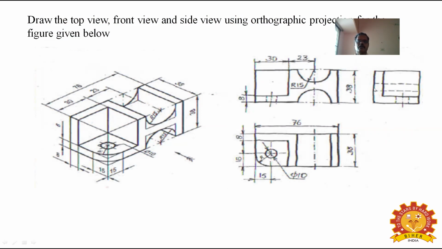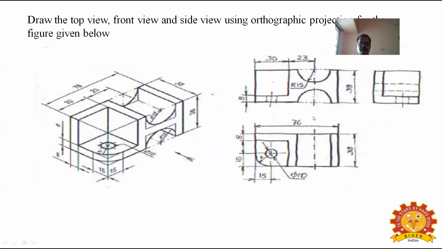Now in the side view, only the left-hand side is visible. You have to draw it on the right-hand side, and this L-shaped part is visible. First, draw the L-shaped part. In that, you have to draw the hidden holes. When viewed from the front side view, the circular depth is invisible. In that portion, you have to draw two horizontal lines and convert them into hidden lines.